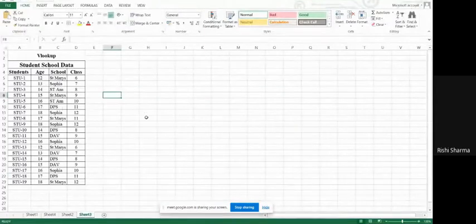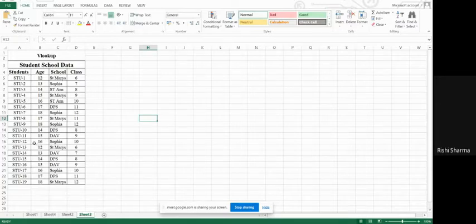Hello everyone. Today we are doing an experiment on VLOOKUP and HLOOKUP. Before going further, let's first understand what this database is all about. This is the database that I have collected, and it has four columns with the names student, age, school and class. The students section contains the numbers of the students, number 1, number 2 and so on up to 19, and in front of that you will find their age.